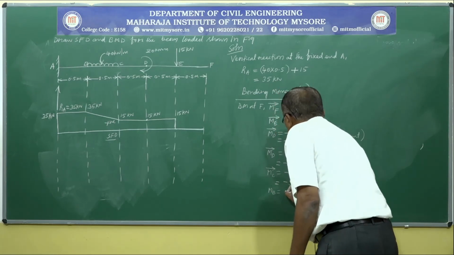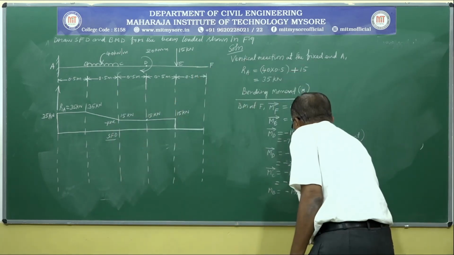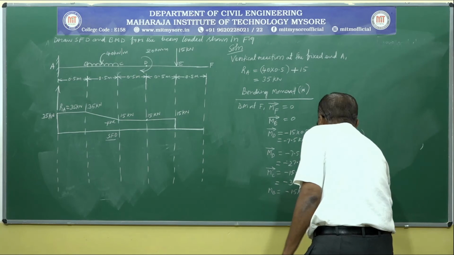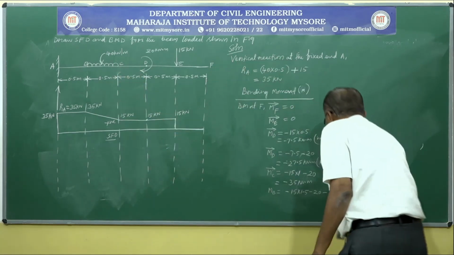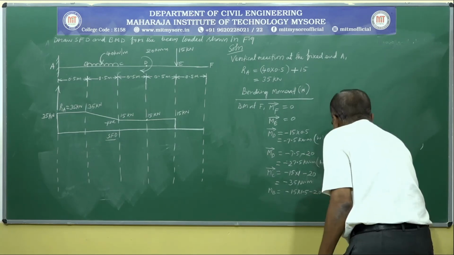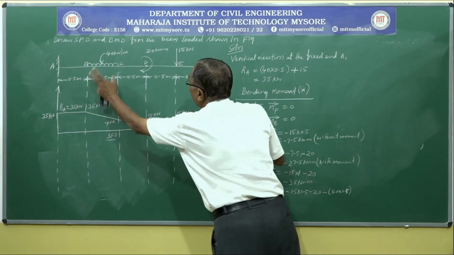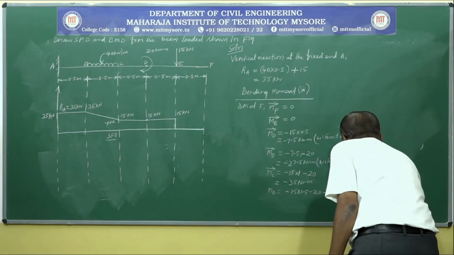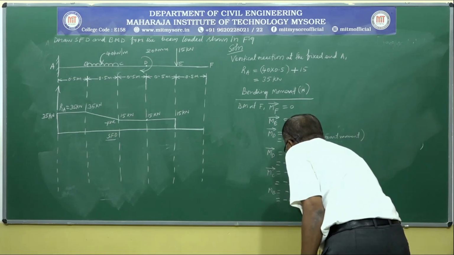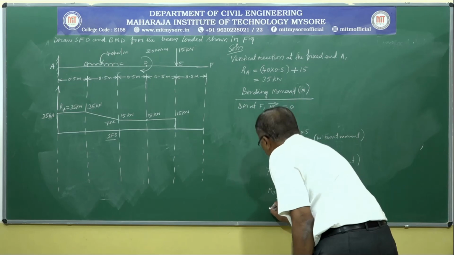Next, bending moment at point B, MB is equal to minus 15 into 1.5, next minus 20, minus 40 into 0.5. 40 into 0.5 is to convert UDL to a point load, and the distance is 0.5 by 2, that is equal to minus 47.5 kilonewton meter.